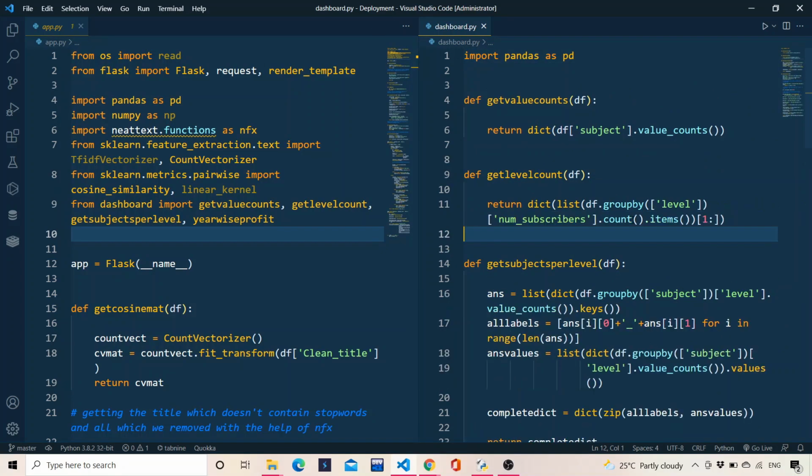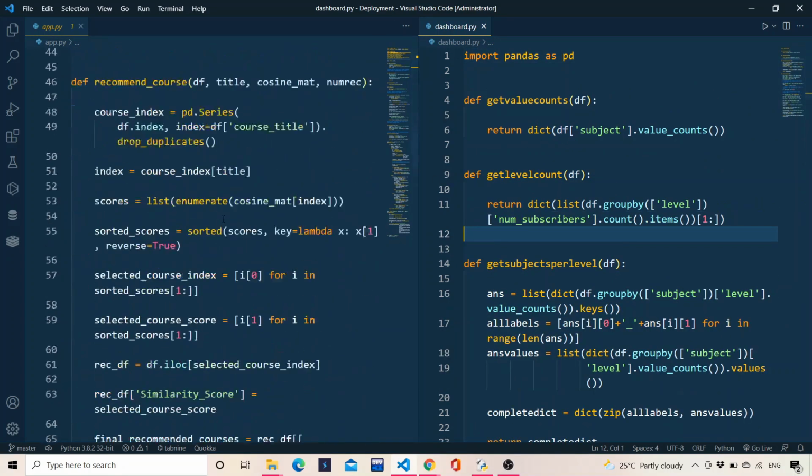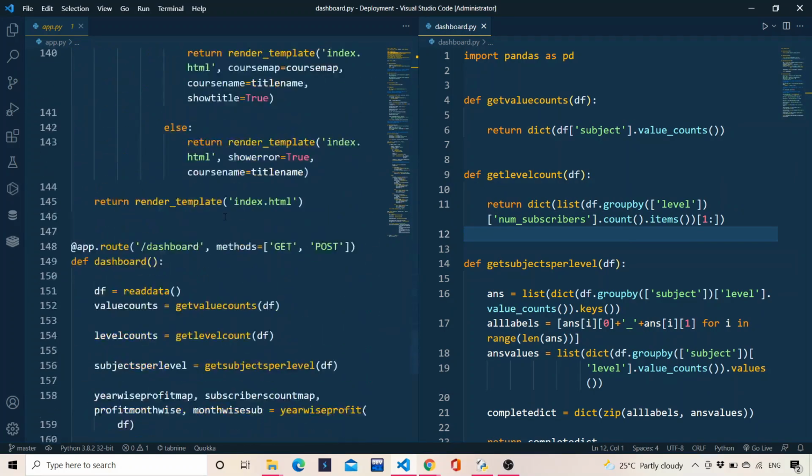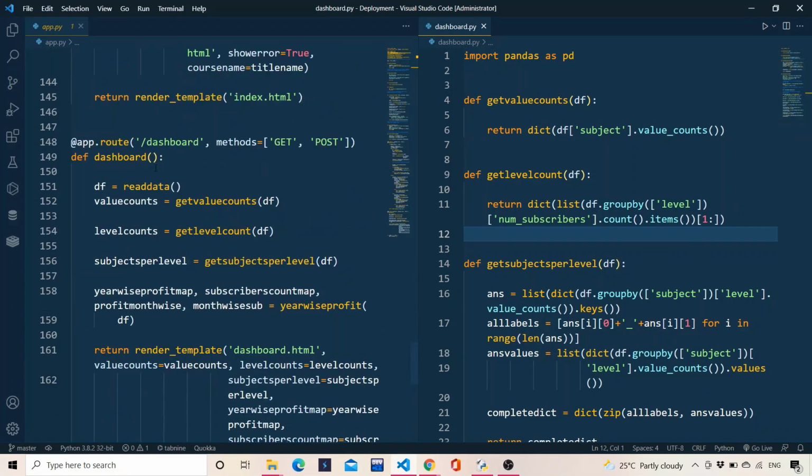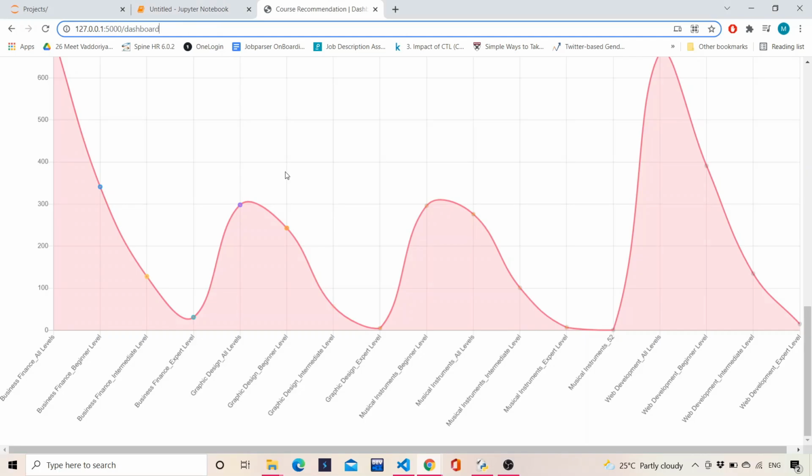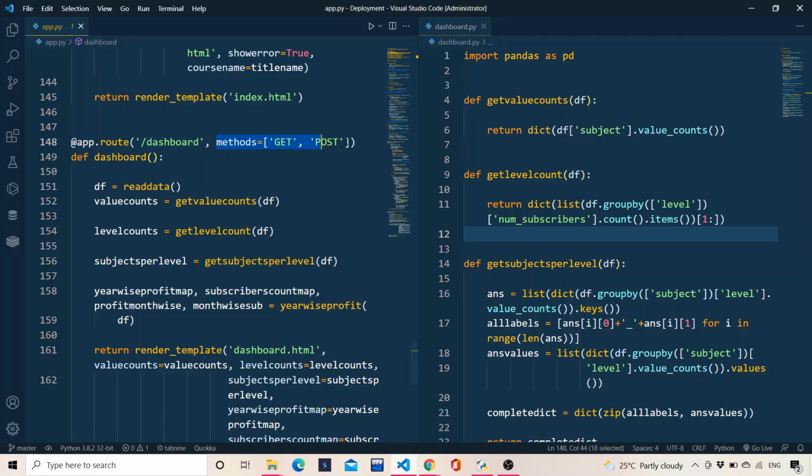Now I will be explaining the dashboard.py, each and every function of it. The first thing is the slash dashboard, which is nothing but our route over here. We can see we have this route as slash dashboard, right? And the methods to that route are get and post, and we define a function under this route that is nothing but dashboard. We read the data because we want the data frame first. As I discussed the read data function in the previous video, it will read the data file, and then this get value counts function is defined in this dashboard.py file, which will basically return the value counts of